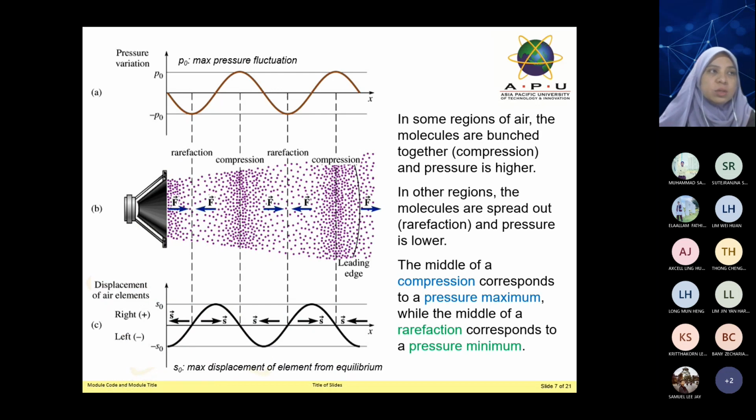In some region of air, the molecules are bunched together. Compression and pressure is higher. In other region, the molecules are spread out and pressure is lower. So if you cannot imagine this pressure, you imagine you go to the higher hill. For example,